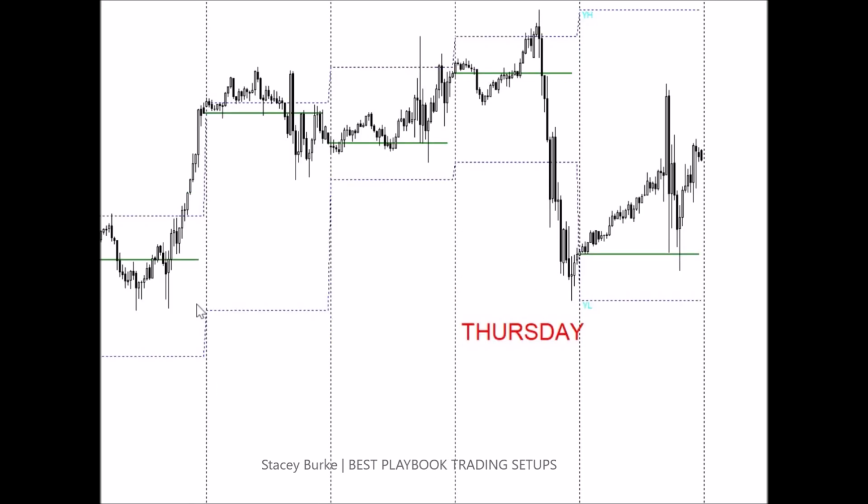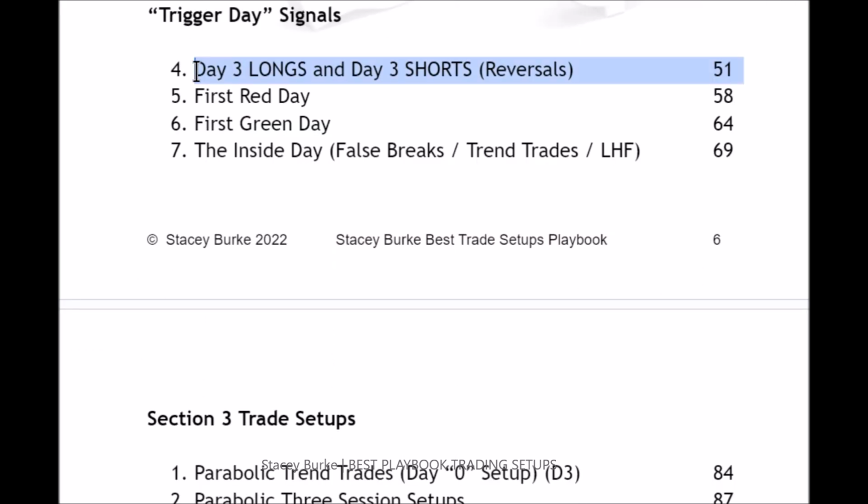We saw 3 days of breakout traders in the markets on the indexes on Thursday, on the S&P and the NASDAQ, for a parabolic collapse, an ACB opportunity all the way to the close of the day. The trigger day signal, again, 3 days of longs or 3 days of shorts, page 51 in the playbook for the high of week to low of day, all in ACB trade setup opportunity on Thursday on the NASDAQ and